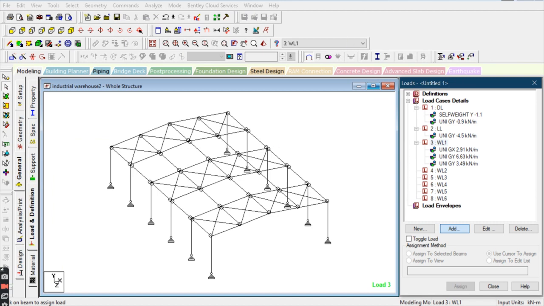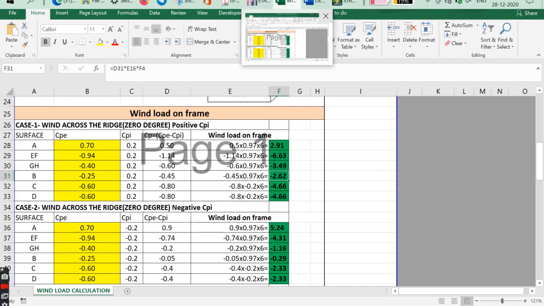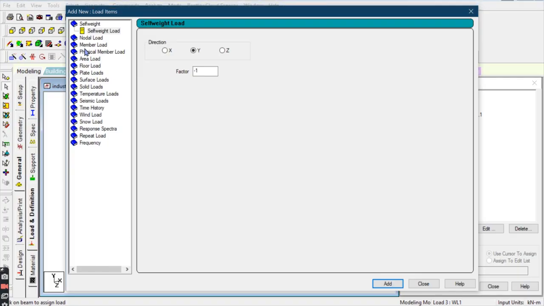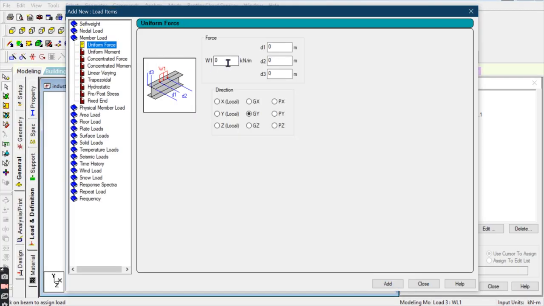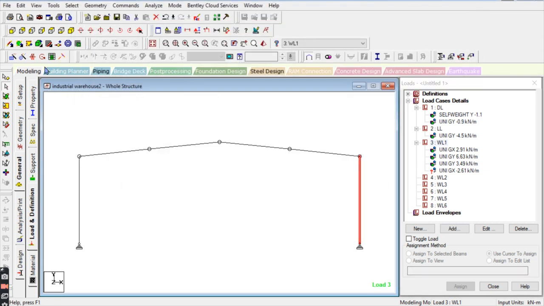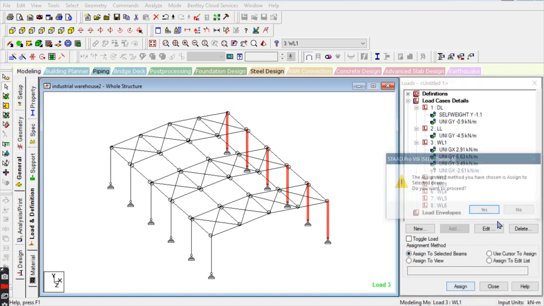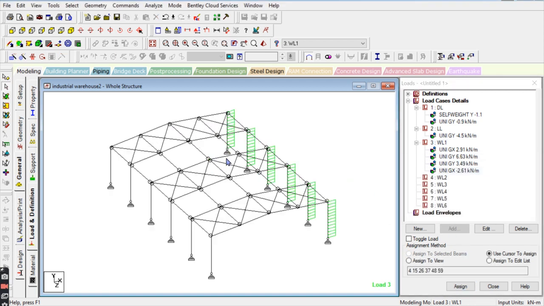Add minus 2.62, member load minus 2.62 in the global X direction. Go to the front view and select all the columns, assign to selected, assign.